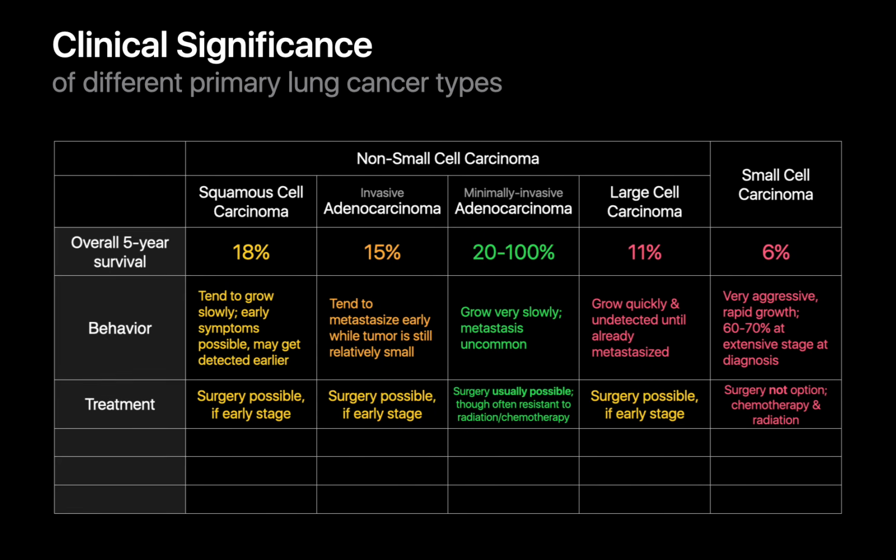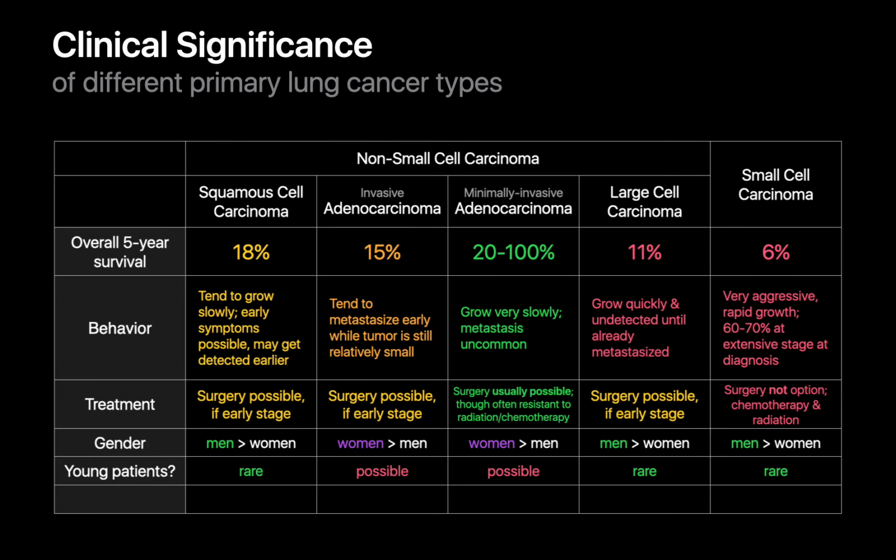Knowing which bucket your patient's lung cancer is in will also inform the treatment options that are most likely on the table for them. For small cell lung cancers, a surgical cure is usually not an option, and patients are usually looking at chemotherapy and radiation. On the other hand, a surgical cure is usually a possible choice for minimally invasive adenocarcinoma. In fact, because they grow slowly, therapies like radiation and chemotherapy may not always be highly efficacious for minimally invasive adenocarcinomas. For the other types of non-small cell lung cancers, a surgical cure is typically only possible in cases where the lung cancer was discovered at an early stage.